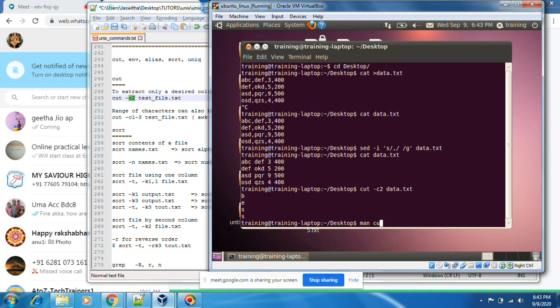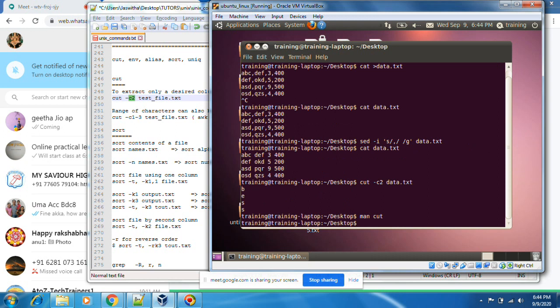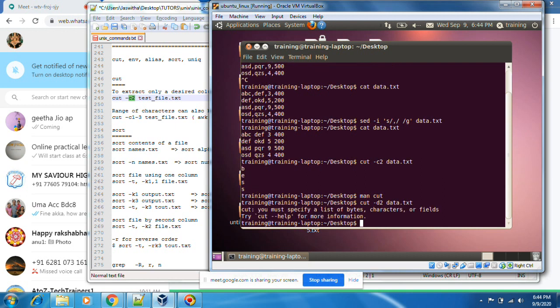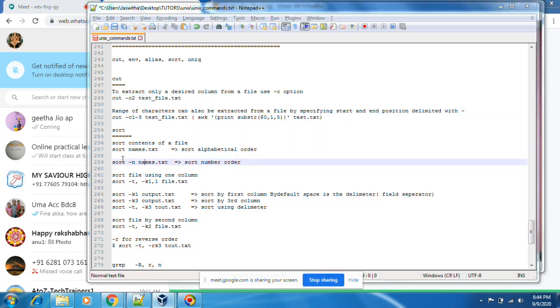Man cut. -c means character. -d means delimiter. Cut -d. Let's see here.